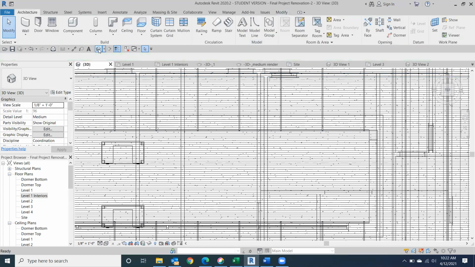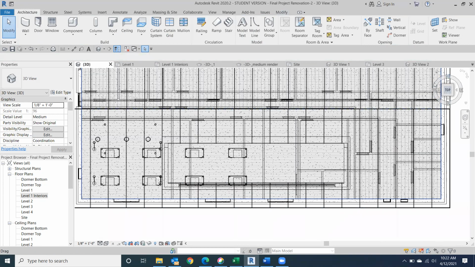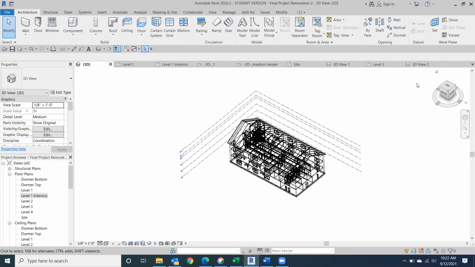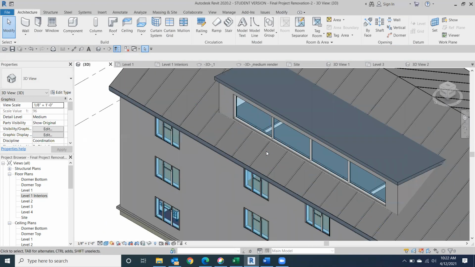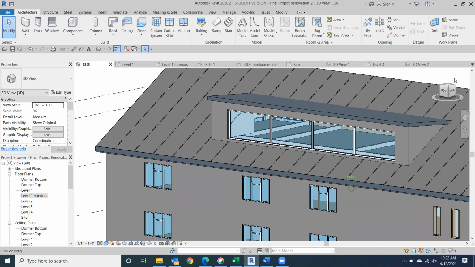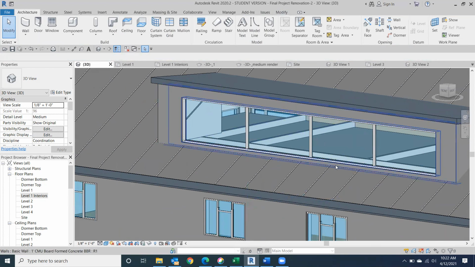I'll jump to 3D and hope it worked. And it did. Nice. So now we can see what's going on in our interiors here. We actually have an opening. It looks pretty good, but